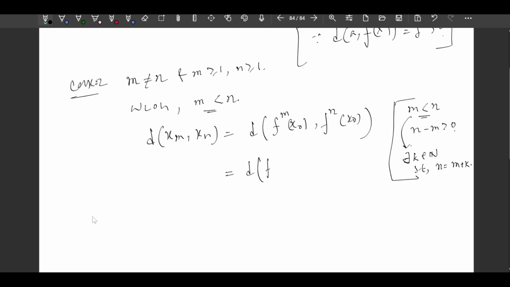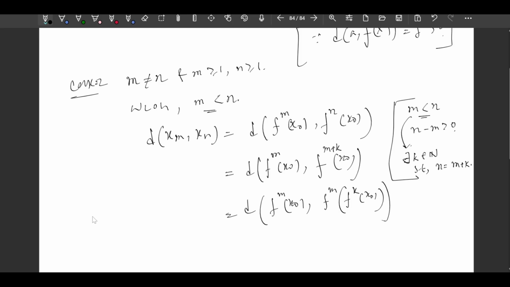Now ये f to the power m of x naught, ओके हाँ, तो distance of f to the power m x naught comma f to the power n को हम क्या लिख सकते हैं, m plus k, f to the power m plus k x naught, right? So distance of f to the power m x naught comma f to the power m of f to the power k of x naught, right? ये हम लिख सकते हैं।